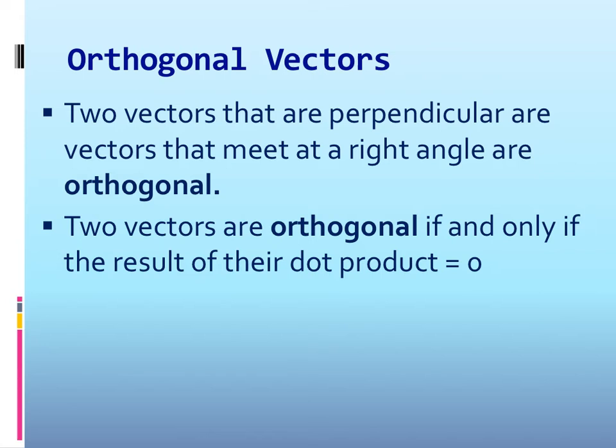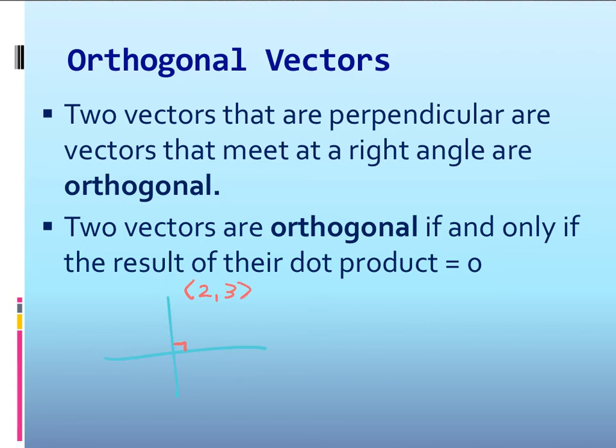Two vectors that are perpendicular, or vectors that meet at a right angle, because that's what perpendicular means, are orthogonal. Two vectors are orthogonal if and only if the result of their dot product is 0. So if I'm given two vectors, there's actually two ways to determine if they're orthogonal. One is that they're perpendicular, so I could look at their slopes, right? If I'm given 2, 3, and I'm given negative 3, 2,